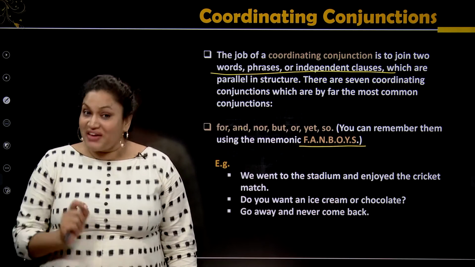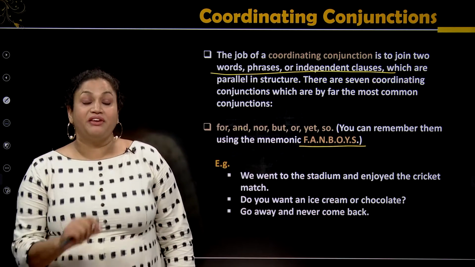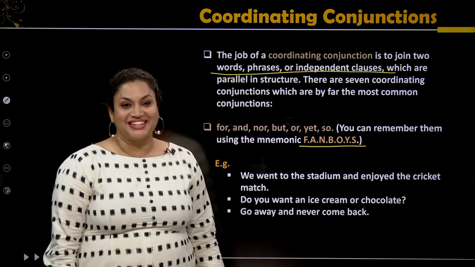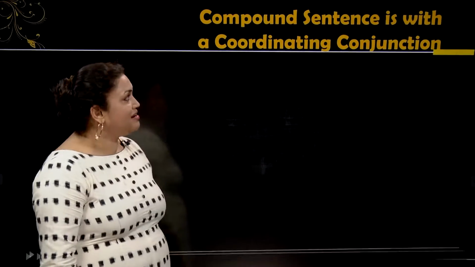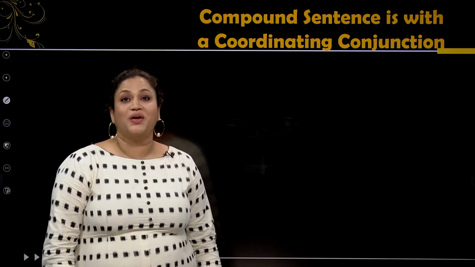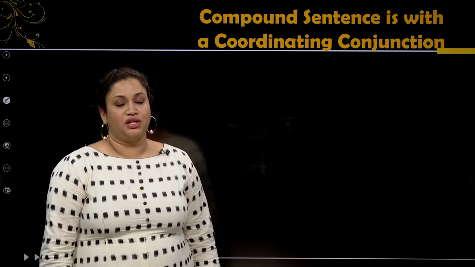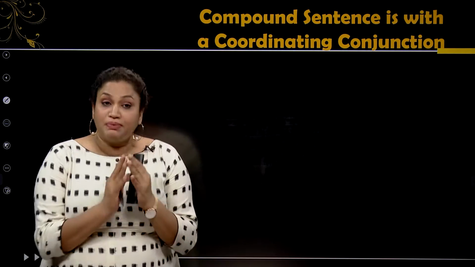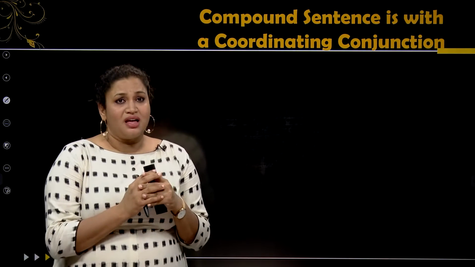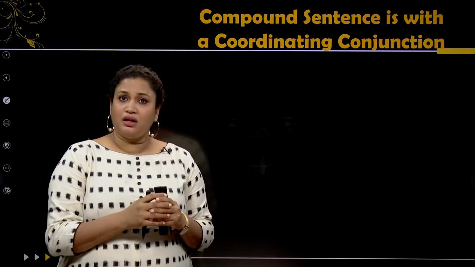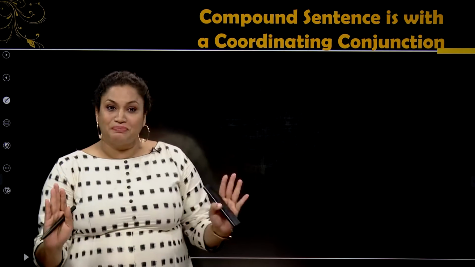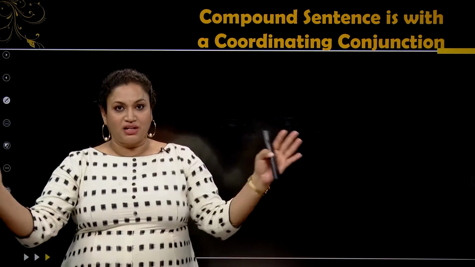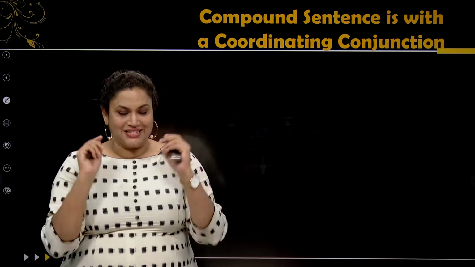So you need to be very, very clear and very, very prompt in using the right option. We cannot mess up with it. Okay, so let's go to the next one. The compound sentence with a coordinating conjunction. What are compound sentences? Now, the simple sentences are: I am sick, she is bold, she's beautiful. They are simple sentences where the subject, the verb, and the object are together in place.